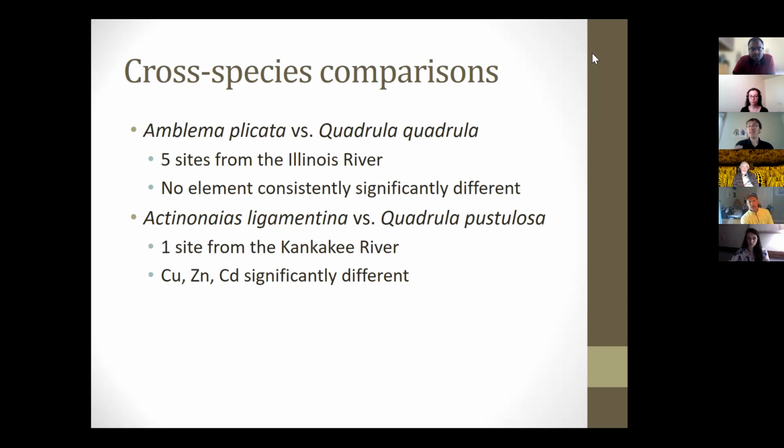Now, the big thing here is that all of these species are unionids. They're all long-lived, they're all thick-shelled, they're all very close together. And if you started comparing to other bivalves like zebra mussels or invasive Corbicula clams, I would definitely not lump those in and make an assumption that those are similar, because their shells are going to grow differently, they're going to grow more quickly, they're going to have different shell structures.